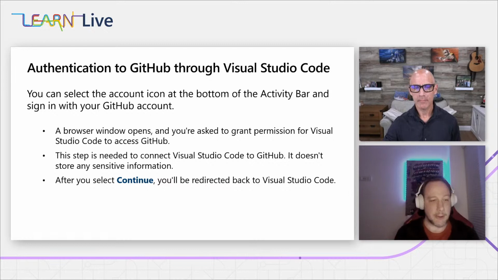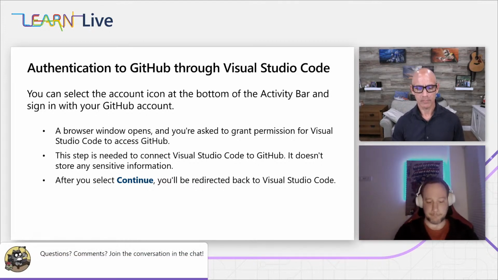So one thing I noticed is that once you have your VS Code up and running and you got your GitHub account, the only thing you need to do is literally hooking the two worlds together. And there's an account option in VS Code. You open your browser window. Out of the VS Code, you define your permissions. And from there, you literally identify who you are, and you can take it away.